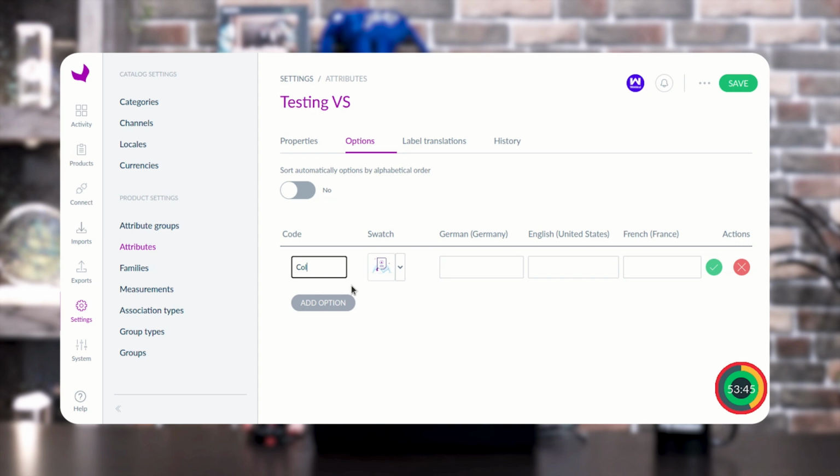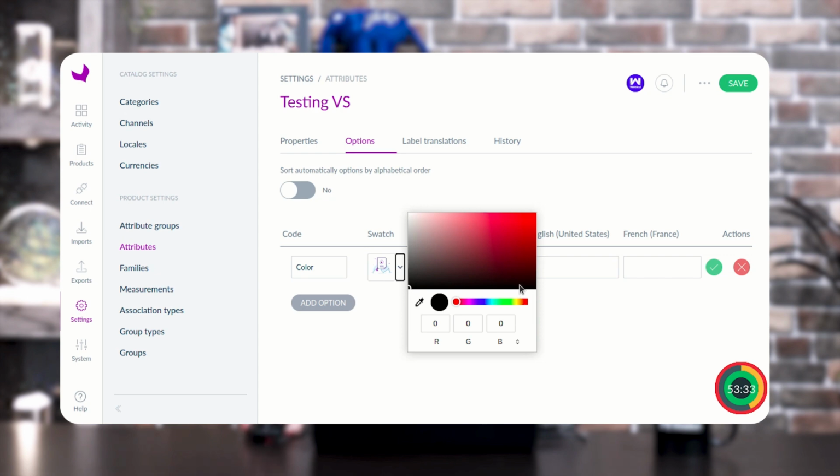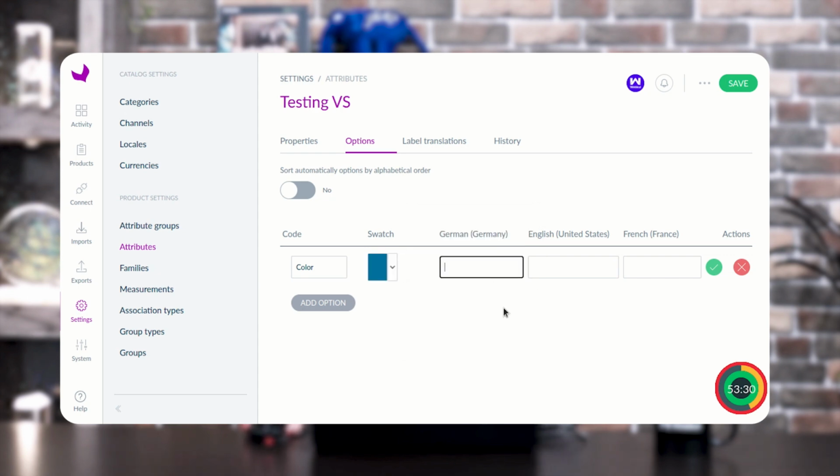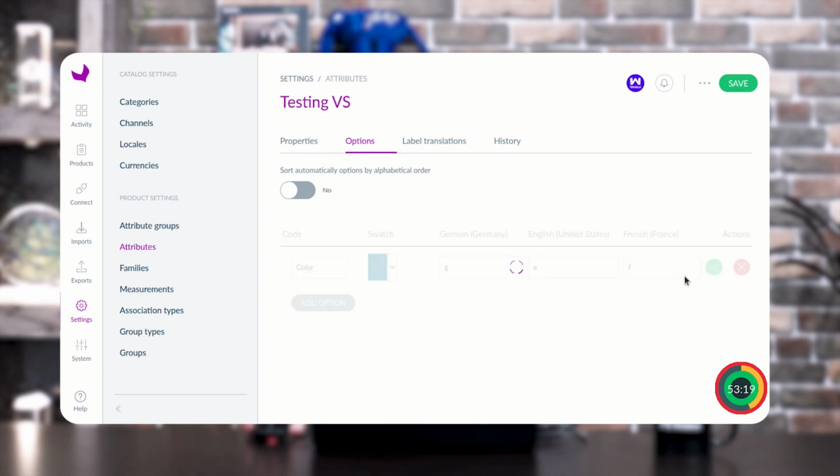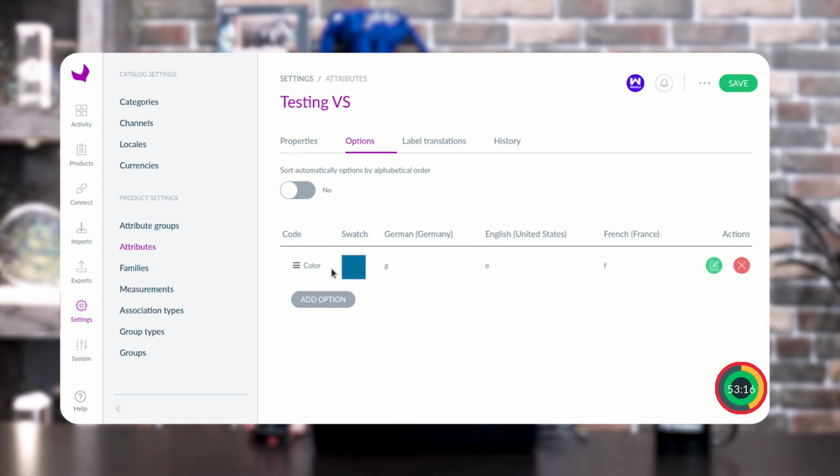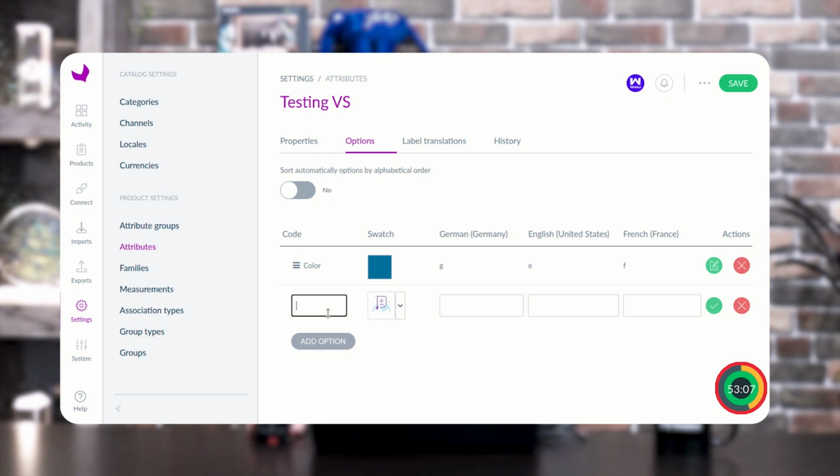As you can see, we have an option where you can choose a color, or you can upload an image. So first I am choosing a color option here, and you can set the locale as well. After filling out the required details, you just need to tap over that action, and you can create the multiple visual switches over here. And if you want to add another option as well, then you just need to tap over that particular button, that is add option. Next I am going to create another visual switch, that is for image.